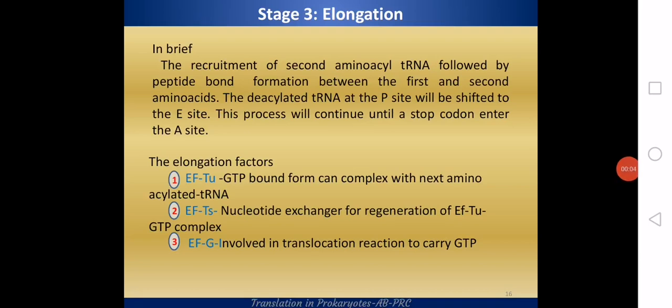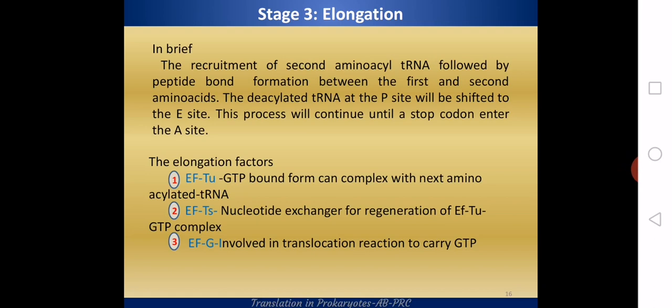Now it's all set to go for the protein synthesis. The actual protein synthesis is happening in the elongation phase. This is the most crucial and mechanized stage of translation. Here you can see the addition of amino acids one by one to form the polypeptide chain. So in short,